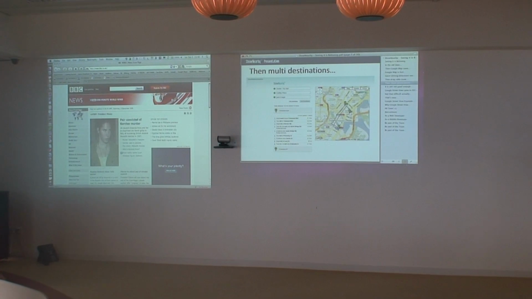Okay, then as you learn their APIs, you can come up with more stuff. Now you can add on multiple points. So this can be a prototype for your journey planner. So you want to go to